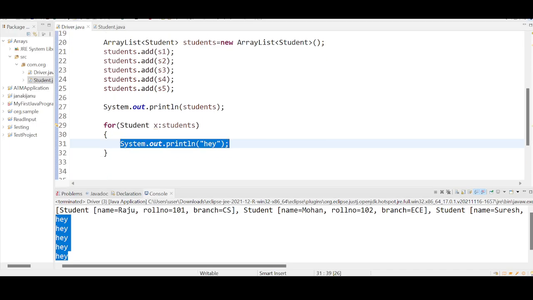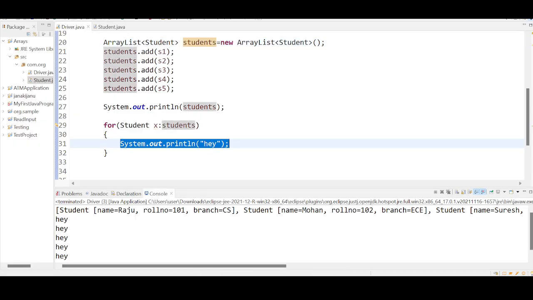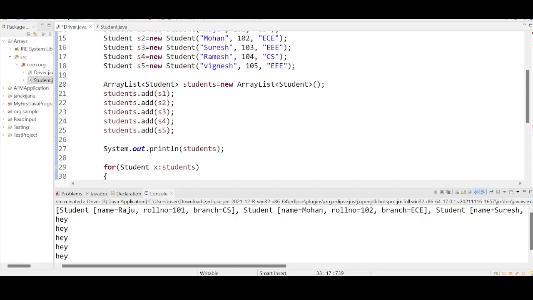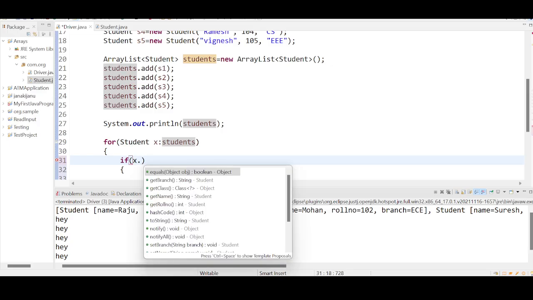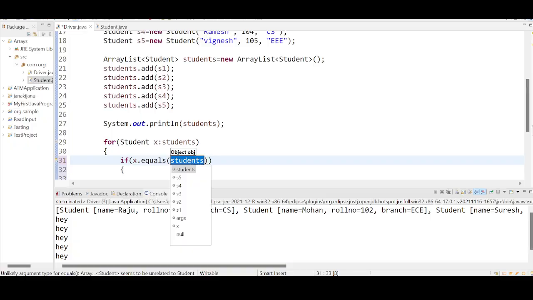So this is not a meaningful logic, but can I confirm that it is running for 5 number of times, which is equivalent to the size of the array? Yes, sir. Now see, my intention is, I'm placing a condition. What condition? Not student, x dot equals, x dot